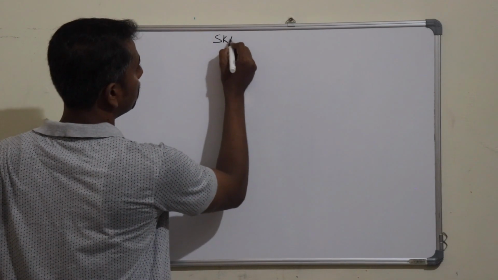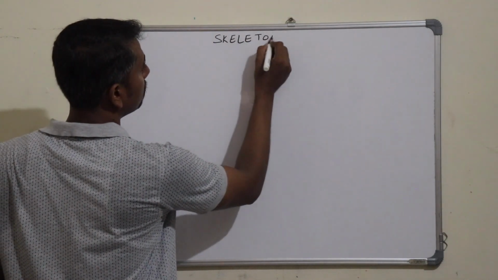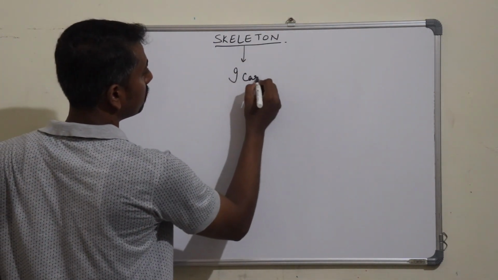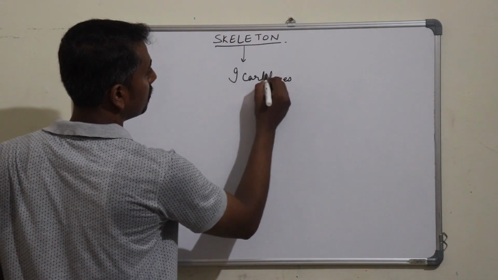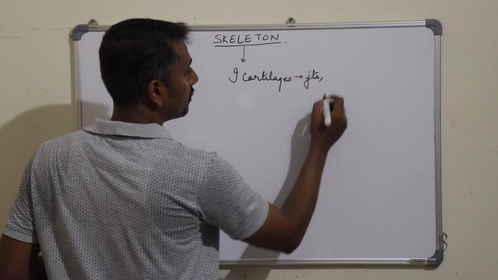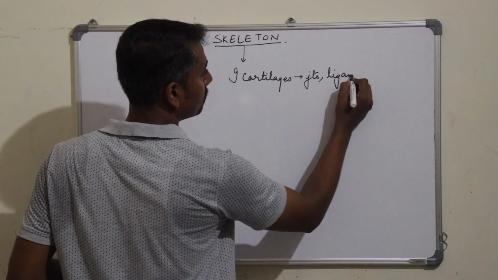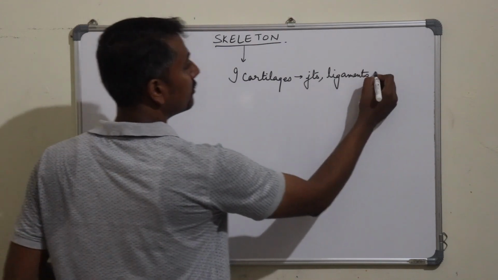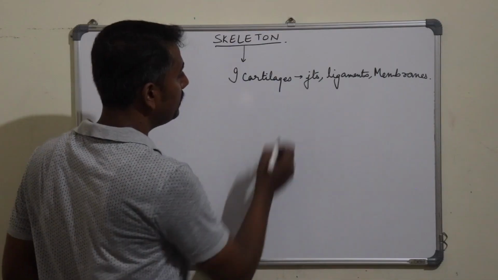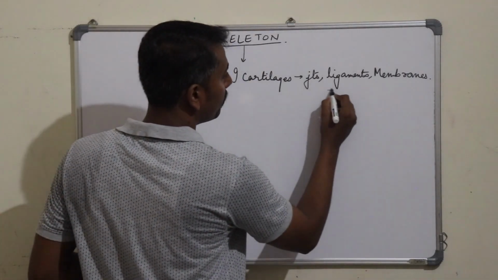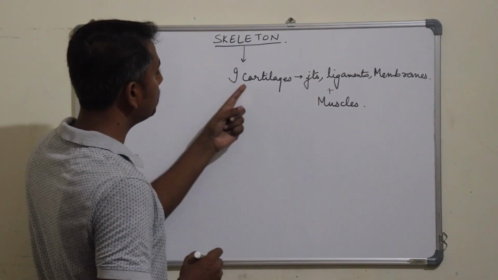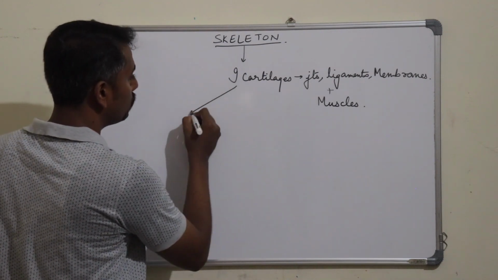The skeletal framework of the larynx is formed by 9 cartilages which are interconnected by various joints, ligaments, membrane, and these cartilages move by various muscles. Okay? These 9 cartilages can again be divided into 2 types: